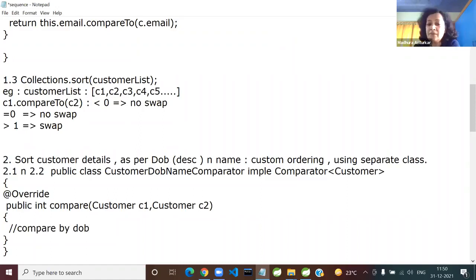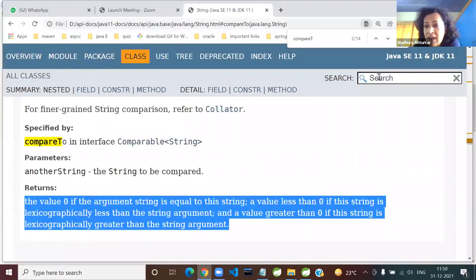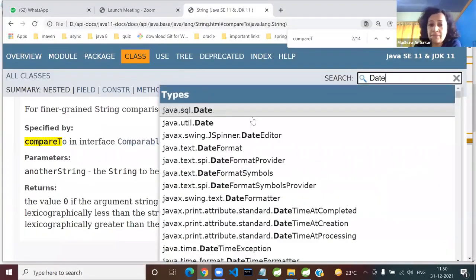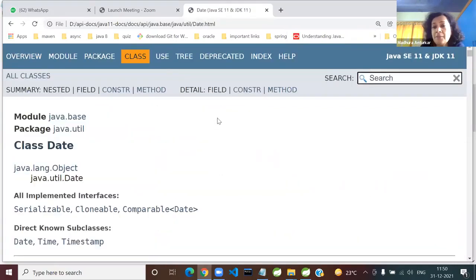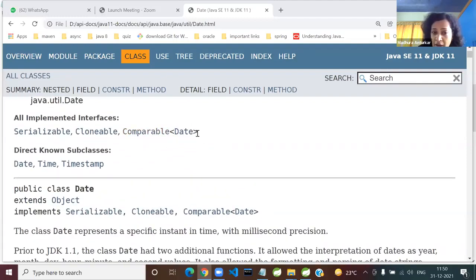The same story. Open the Java docs, please, and search for the Date class. I hope this revision is helping you in reconnecting from where we left. I'm going to spend 2 hours on that so that I want everyone to be comfortable and not feel lost right on the first day. So guys, the Date class. Tell me, has the Date class already implemented Comparable? Yes. Which is the method it must have implemented? Keep it light, clear and simple. Natural ordering: Comparable, compareTo, over.